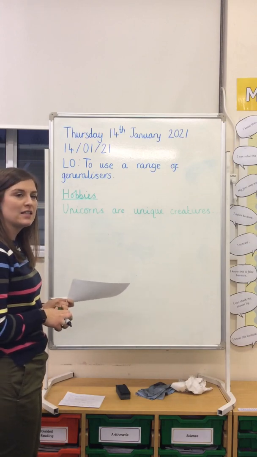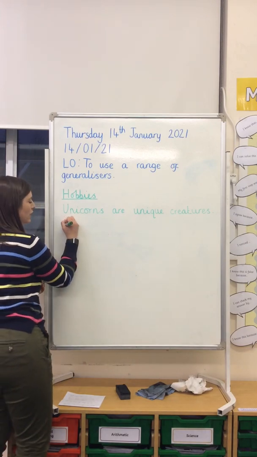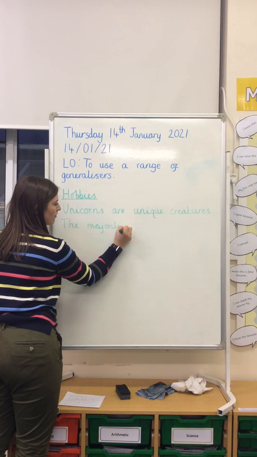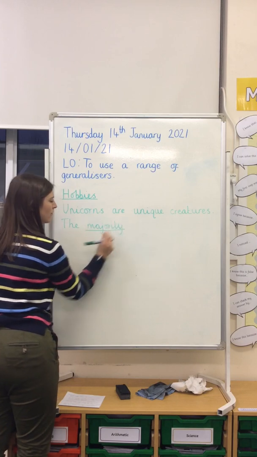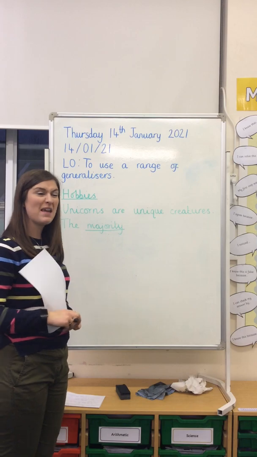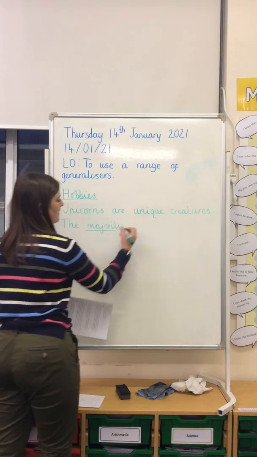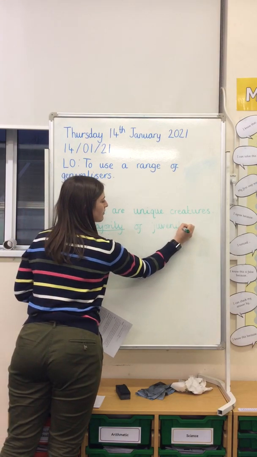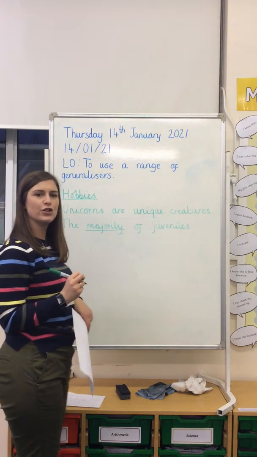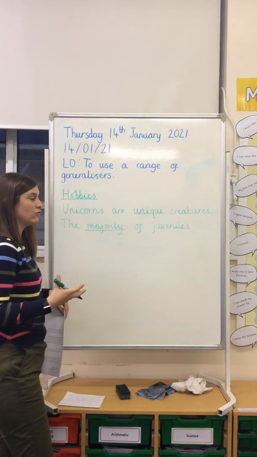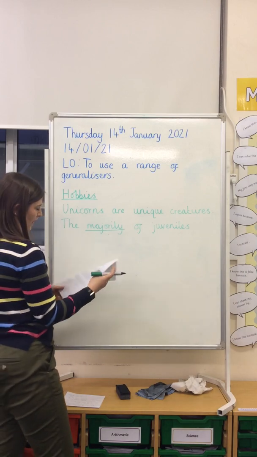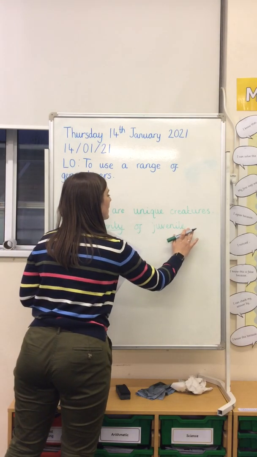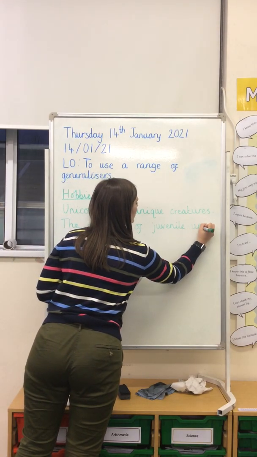My generaliser this time is going to be the majority. Do you know what the majority means? It means that most, okay? So the majority of juveniles. Do you know what that word means, juveniles? It means young, so the children or the child unicorns, okay? So the majority of juveniles, or juvenile, maybe unicorns, I'm going to rub off my S, unicorns,